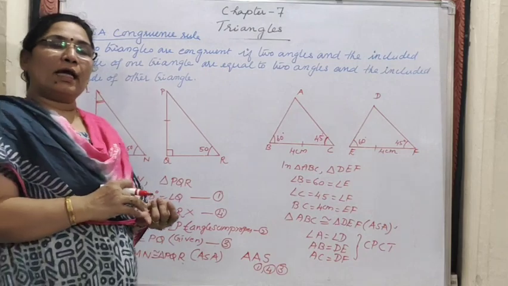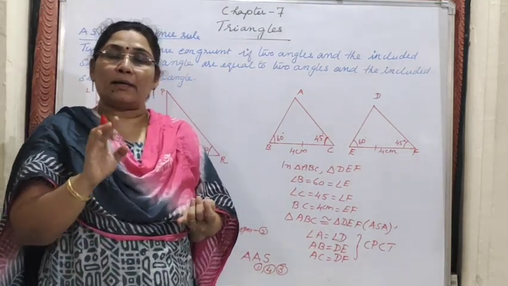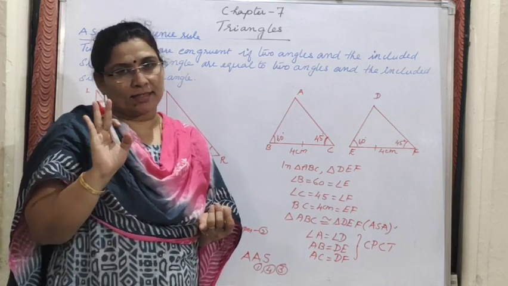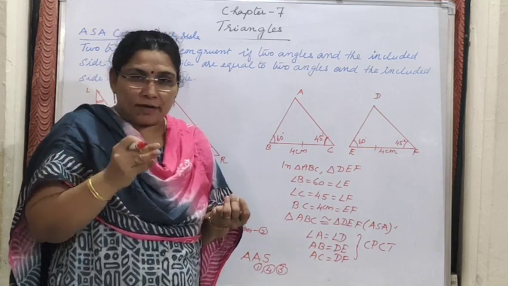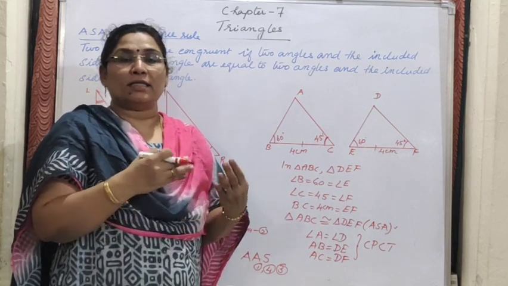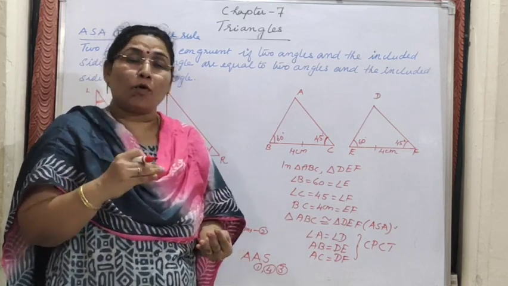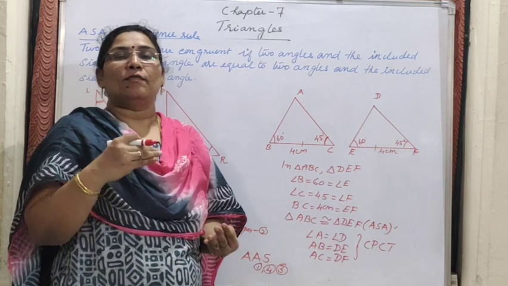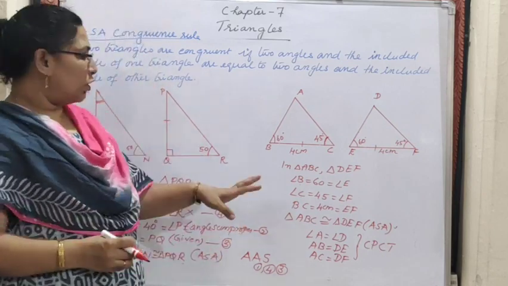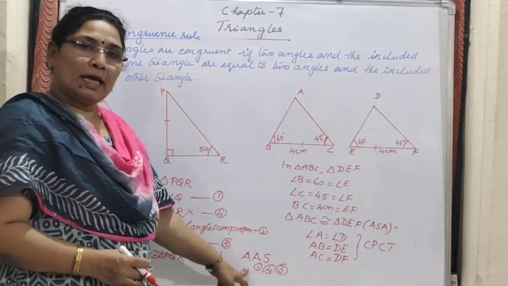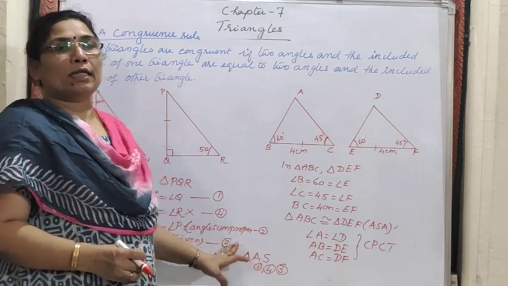So when we are saying SAS criteria, what is the condition we told? The included angle must be there, otherwise the SAS criteria cannot be written. There is no SSA criteria. But when we are saying ASA criteria, the included side is not that important, because with the help of the angle sum property of the triangle, we can find the third angle of the triangle. Then instead of ASA, we can write AAS also. You will get the marks for this one, because both criteria are the same.